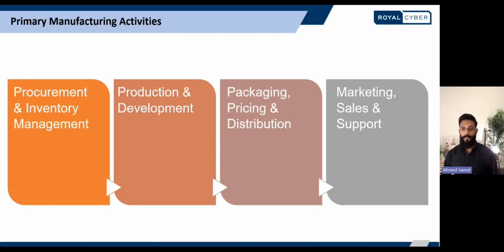Next is production and development. That can be thought of as a craftsman, molding raw material into valuable items. Then comes packaging and distribution, right? That is the conductor, leading the final lap into the market. And last but not the least, marketing and support.